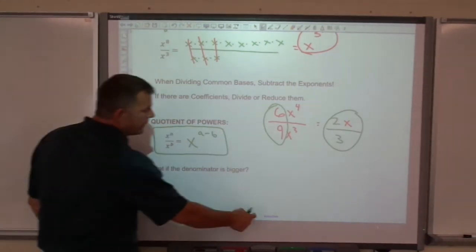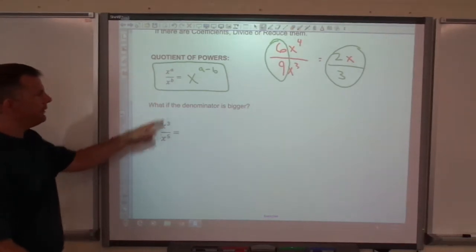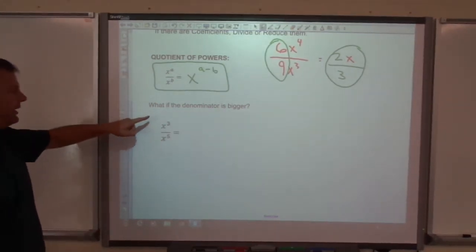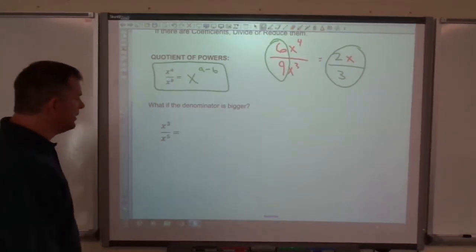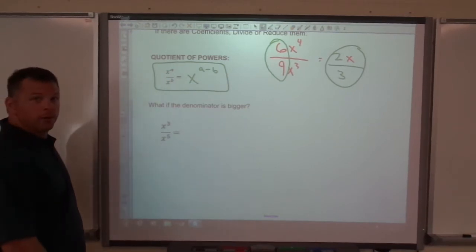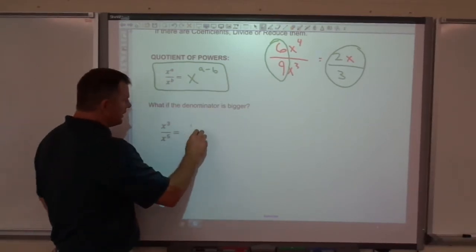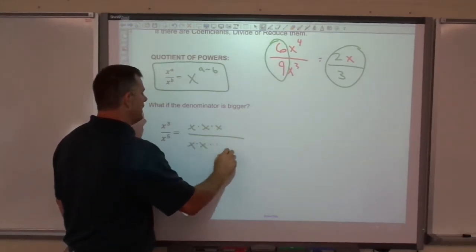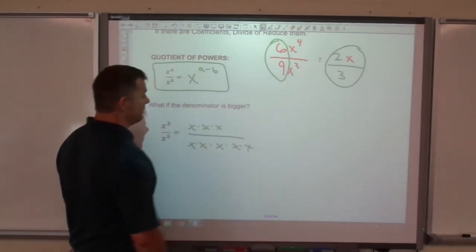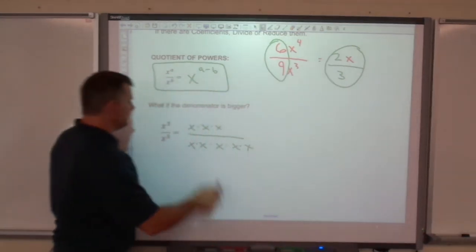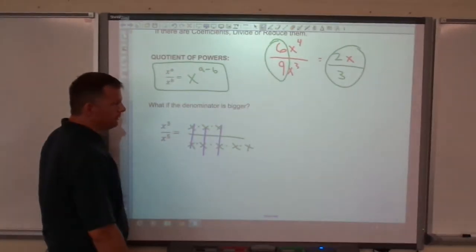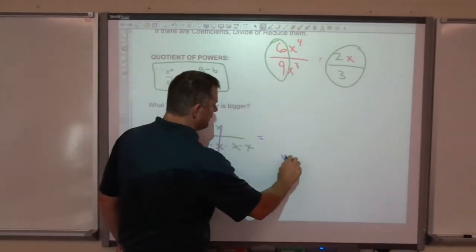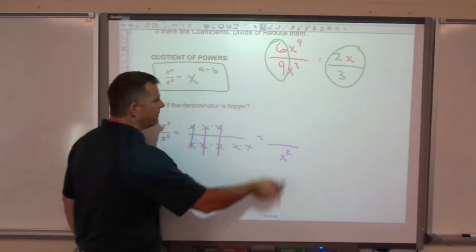Now the only thing that gets weird here is what if the denominator is bigger than the numerator? Remember, numerator is the top, denominator is the bottom. Here the x to the 5th is bigger. So what happens? Well, this is x, x, x, x, x, x, x, x. Cancel, cancel, cancel. On the bottom is easy. It's x squared. On the top,